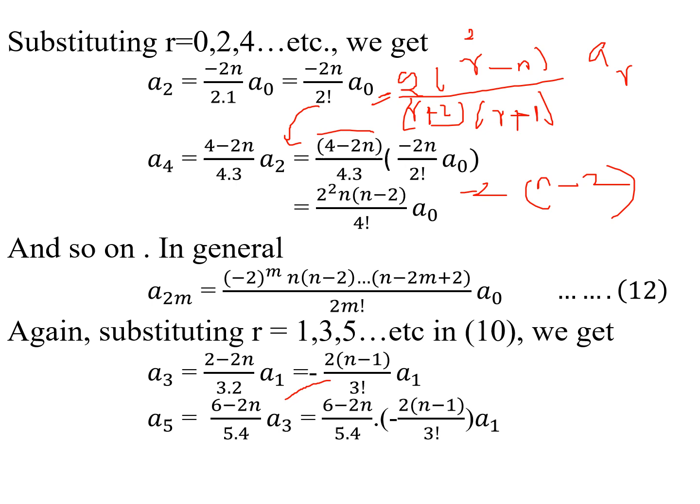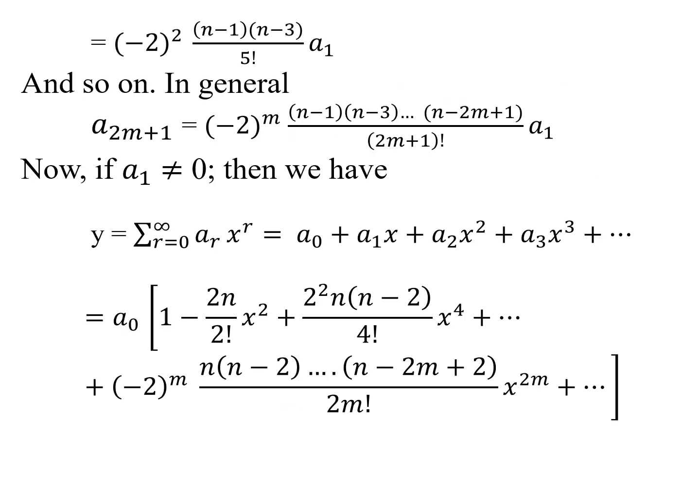Again, we have to substitute a3 from here, and from these equations we have taken minus 2 outside. Therefore, this term becomes minus 2 into n minus 3 divided by 5 into 4, minus 2 into n minus 1 into 3 factorial. Therefore, this becomes minus 2 whole squared, n minus 1, n minus 3 by 5 factorial into a1,